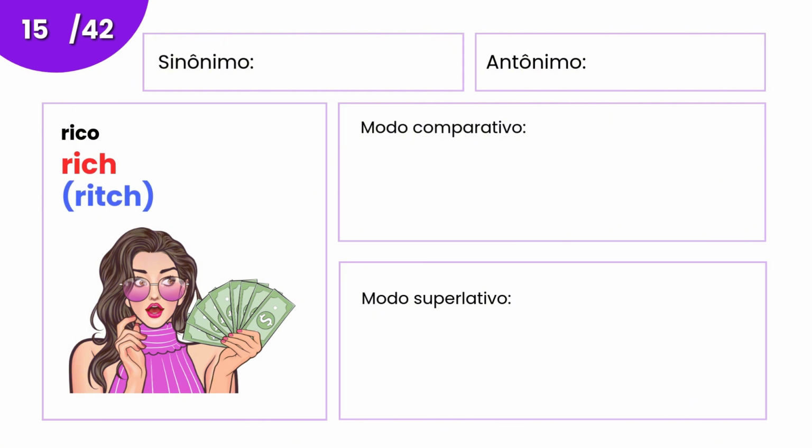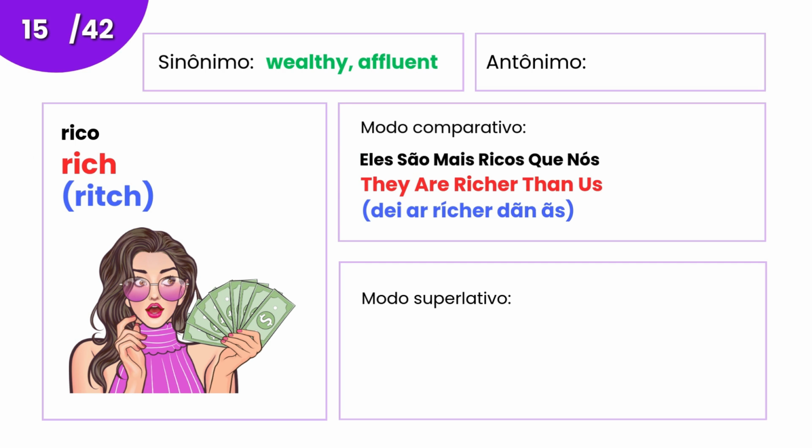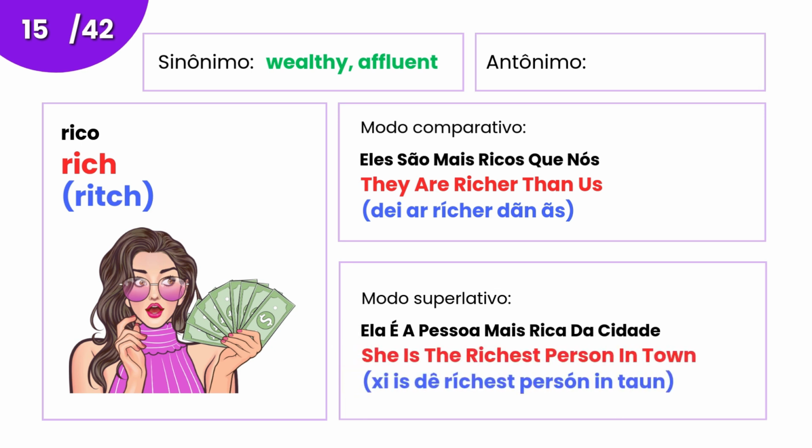Rich, rich, wealthy, affluent. They are richer than us. She is the richest person in town. Opposite, poor,